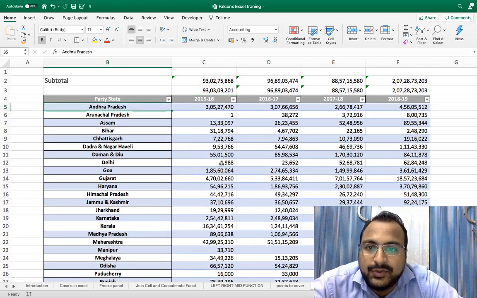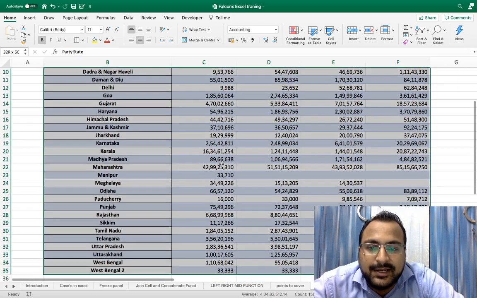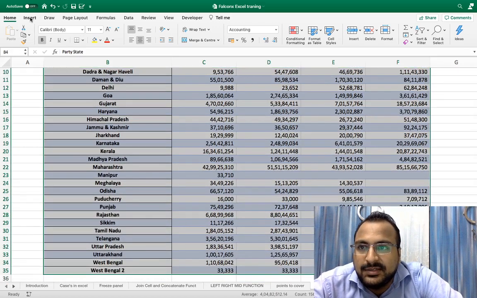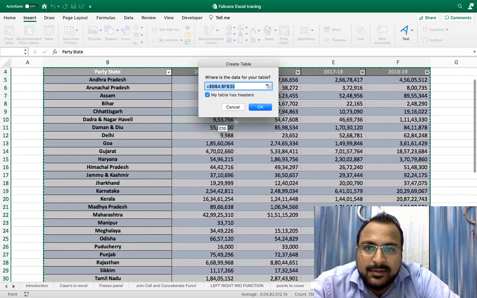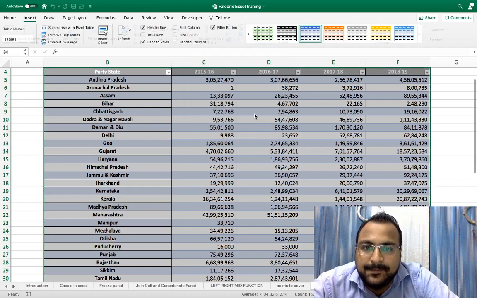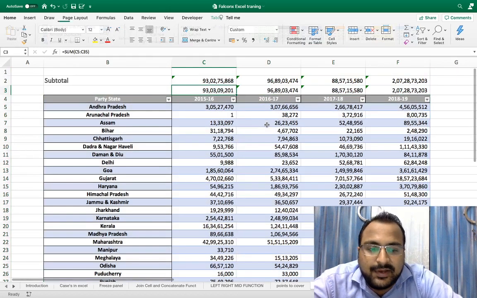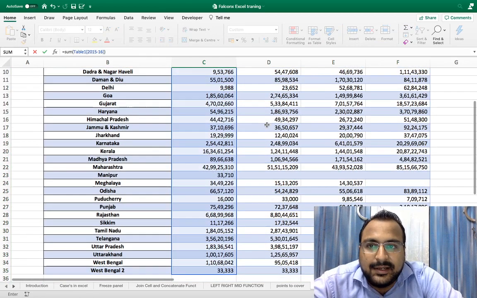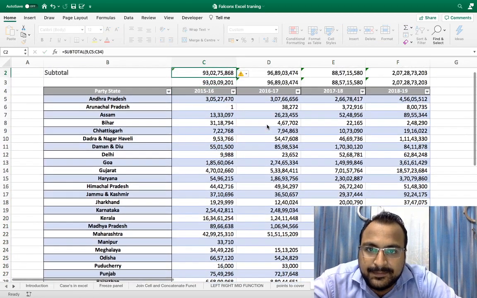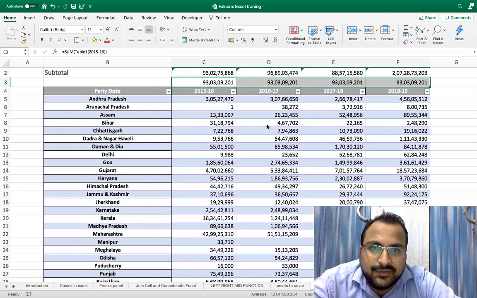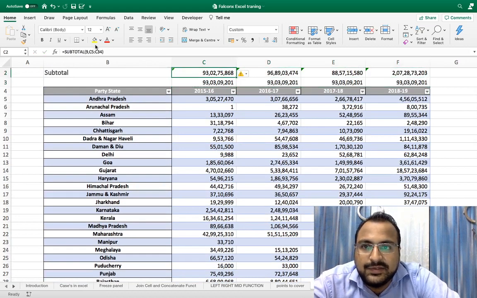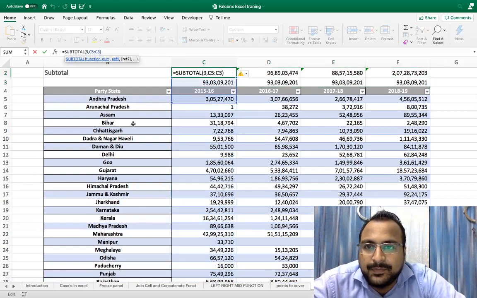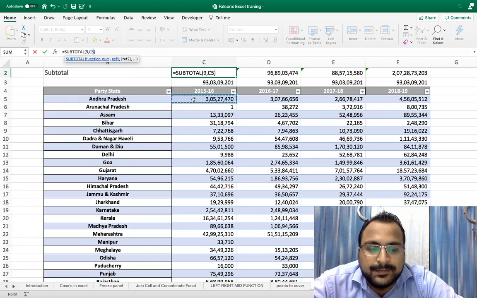So what you can do is always put your raw data in an Excel table. Insert table, and my table has a header. As you can see, if I write the formula now and add something, it will automatically get added. Now I have just changed the formula, and here also I will change the formula and put the complete data range.